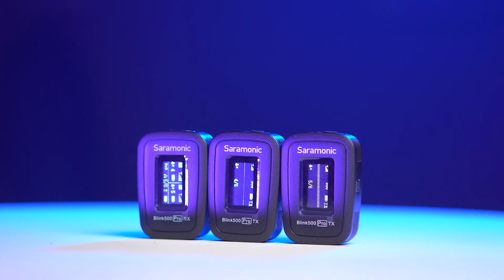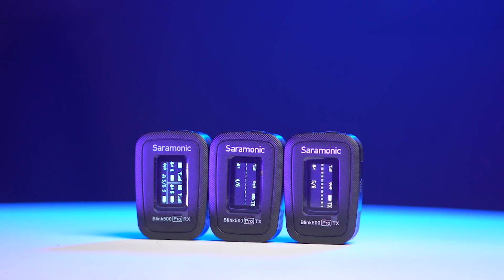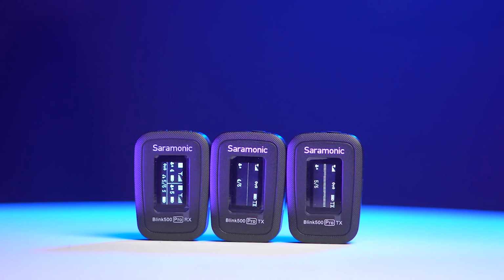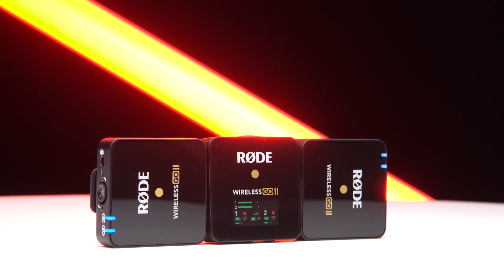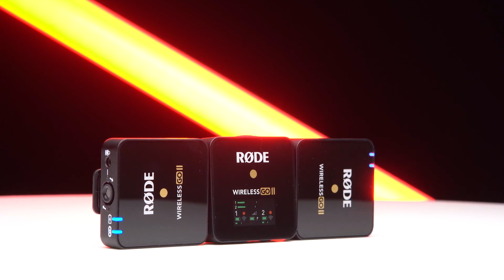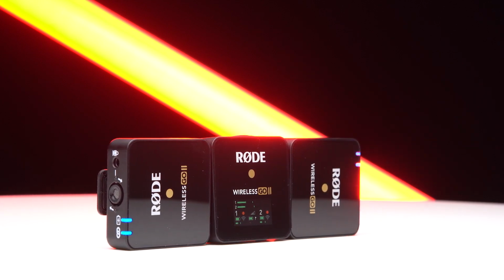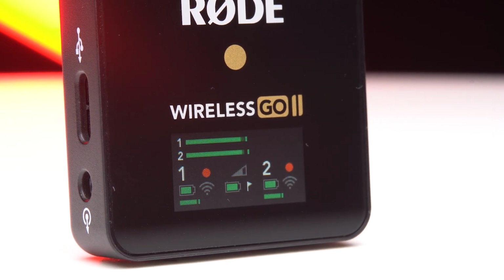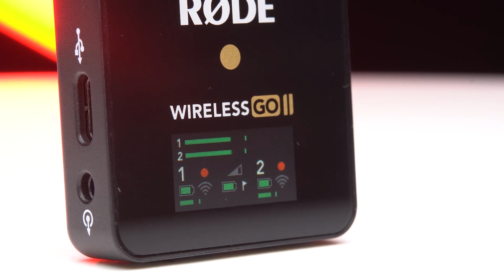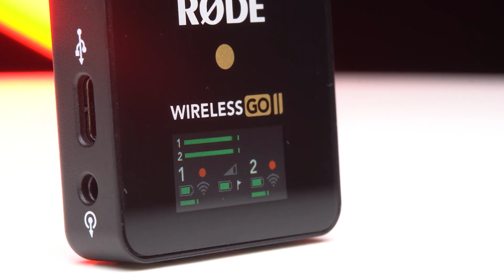Let's start by taking a look at some of the similarities between the two systems. Firstly, they both come with two transmitters and one receiver. The receivers both have a built-in condenser microphone and a 3.5mm jack plug for plugging in a lapel microphone. Both microphones can record in single track audio or stereo audio. They can both record directly into a camera, into a smartphone or a tablet. They both have belt clips which double as hot shoe mounts, but in my opinion, that's kind of where the